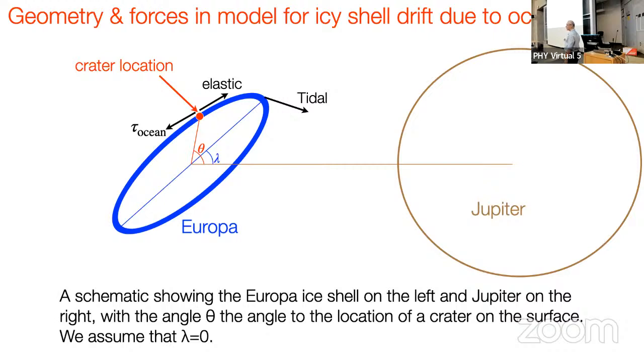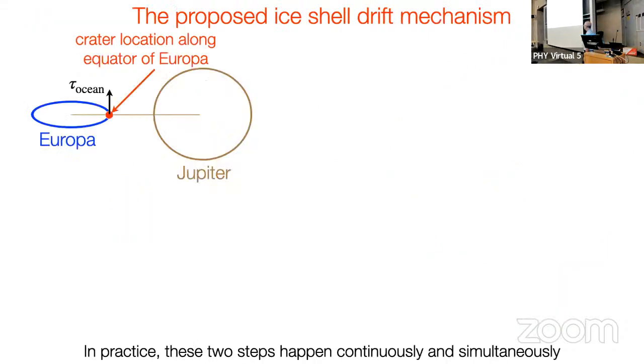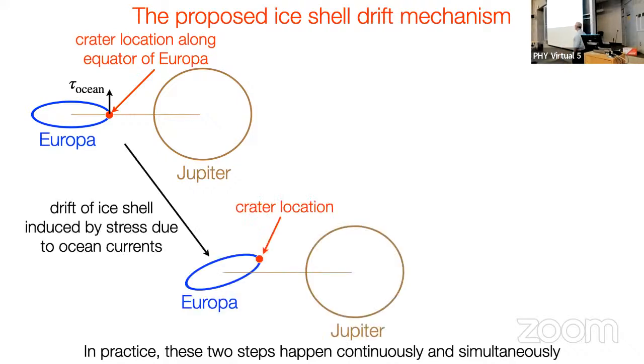So I want to show you one slide with the mechanism of how we think the icy shell would rotate due to viscoelastic adjustment. Okay, that's the next slide. And then I'll go into the details of the simple mathematical model. So here's the mechanism. Suppose we start at t equals 0. This crater is just facing Jupiter. But there is a torque by the ocean that's trying to rotate the icy shell of Europa. So at the next moment, we'll find that the ellipse is shifted, and you see the crater that was at the peak of the ellipse is now shifted from the equator.